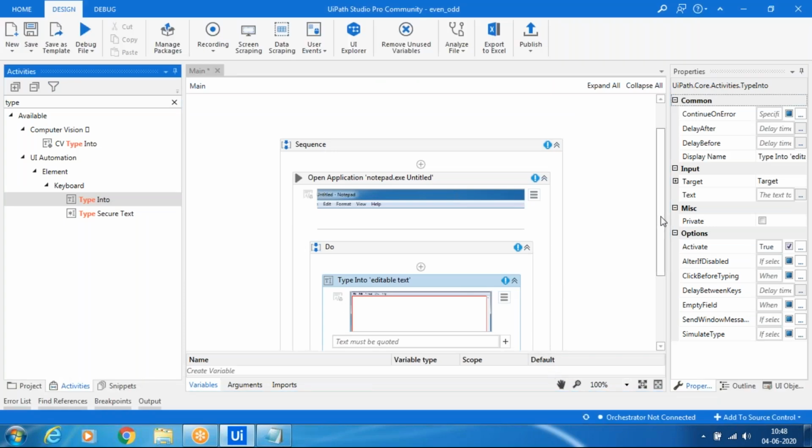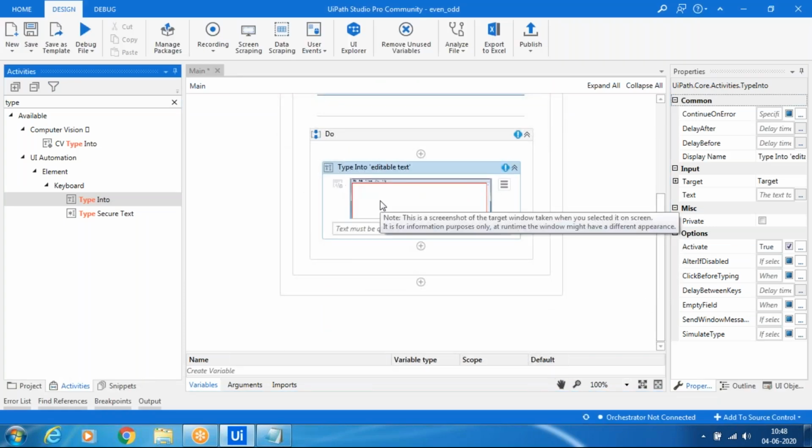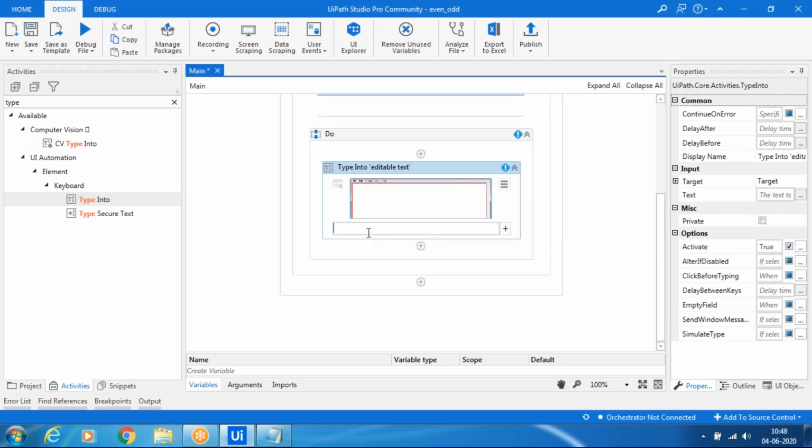That will be taken as a string. I will type the data. What data? Hello world. I will write Hello world, and then